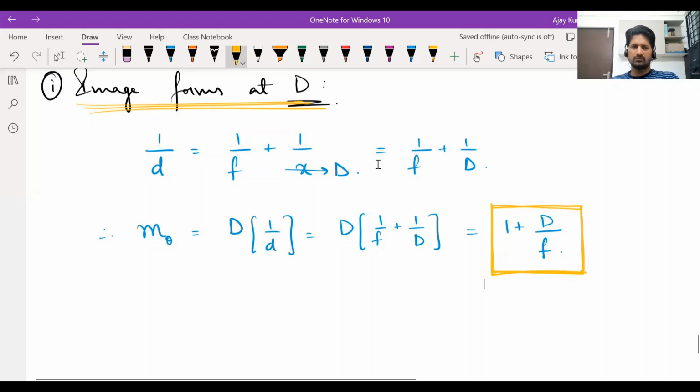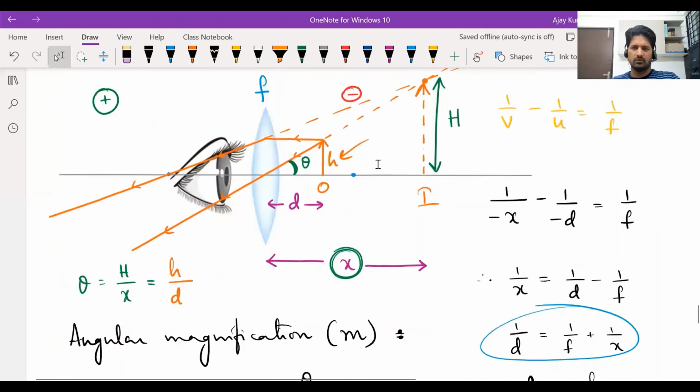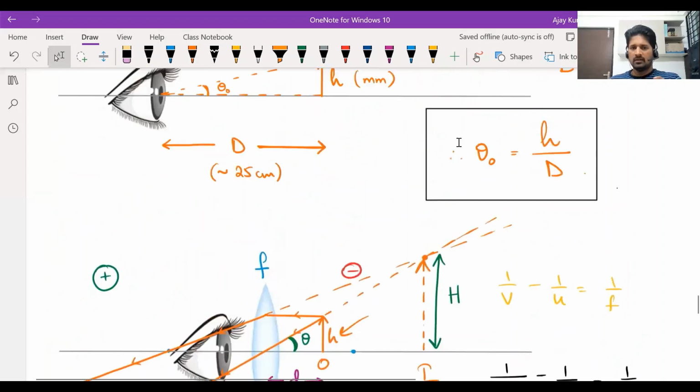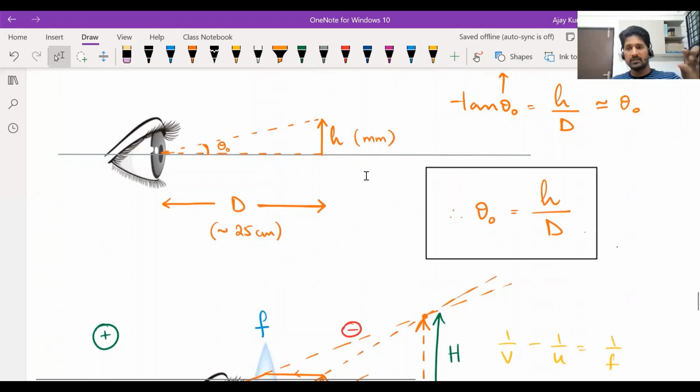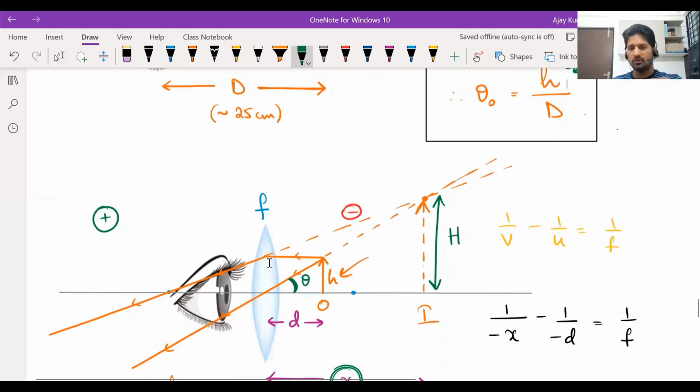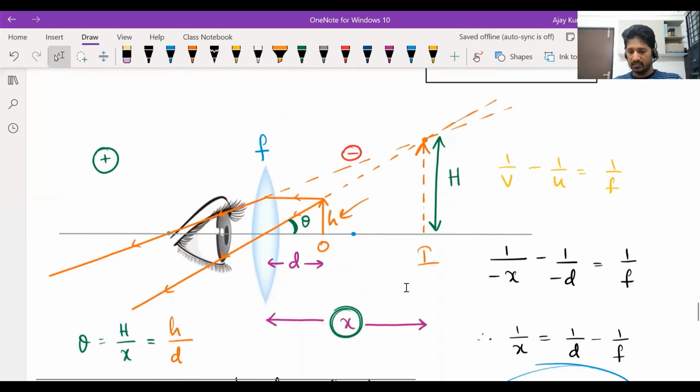Okay. Let's go through this derivation once again. I'm sure you will be confused with this. First, we drew two ray diagrams. First one is when the eye looks at the object directly by keeping the object at the near point distance. When that object is seen directly by keeping it at the near point distance, the angle it subtends on the eye is h by D. Put it aside. Now, suppose the object is placed before a lens and the image is seen by the eye. That ray diagram also we have drawn. When the image is seen by the eye, the new angle subtended on the eye is theta,